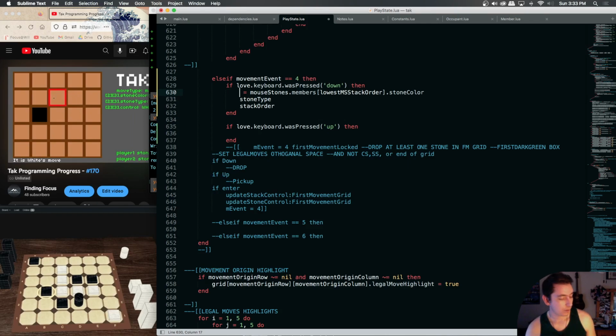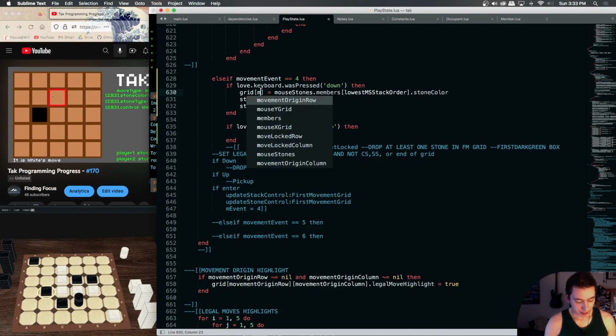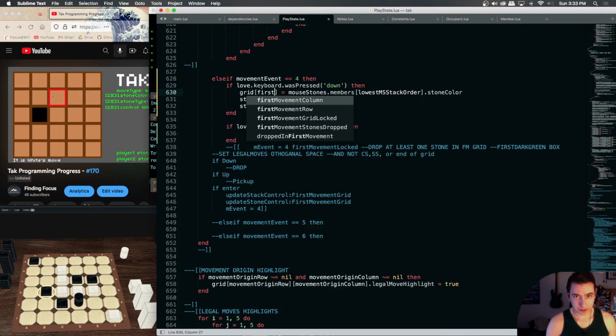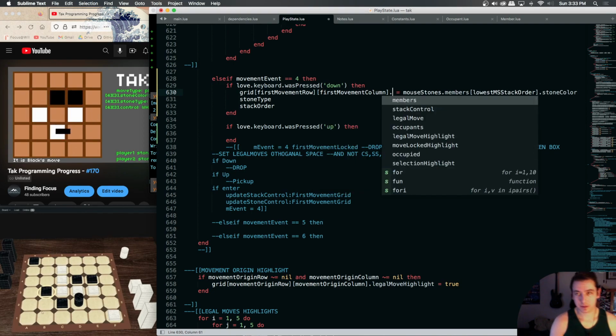So we can say, grid we're putting it at, we know is at our first movement row and our first movement column. We know that's the grid,